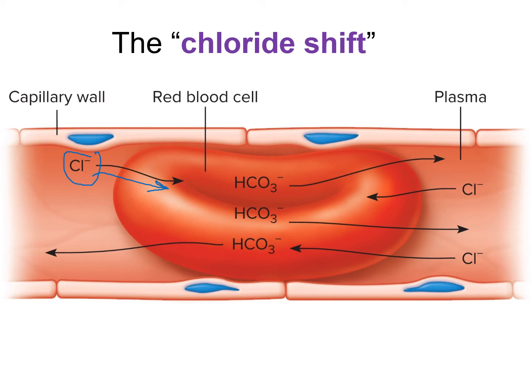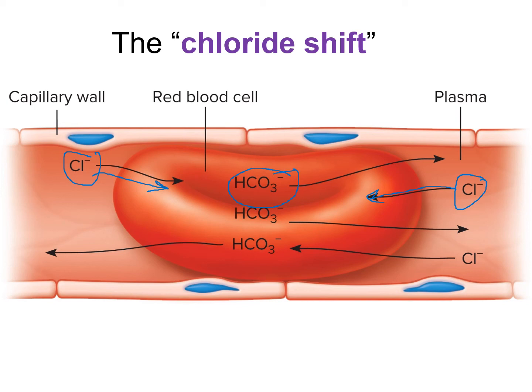In other words, if a negatively charged bicarbonate leaves the blood and goes into the plasma, we have a chloride ion that comes from the plasma and goes into the red blood cell. So we equalize the charge. One negative charge leaves, one chloride negative charge comes aboard the blood. It's called the chloride shift, and that takes place